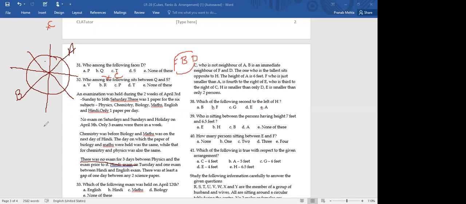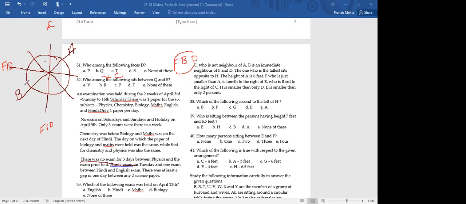Excuse me, sir. Yes. Sir, first if we find the heights of all the alphabets, then easily we can arrange it. You can do that also. I'm not worried about height now because once I put the positions, after that I'll do the height. There's no issue. You can do either of this.